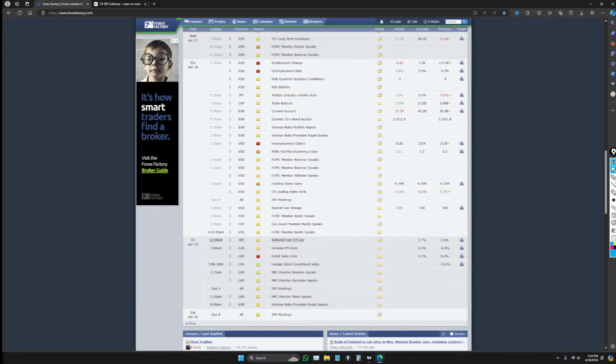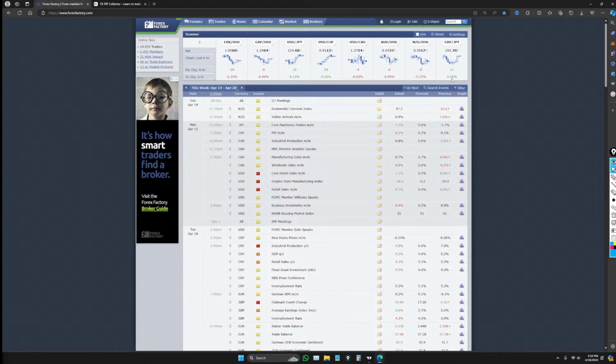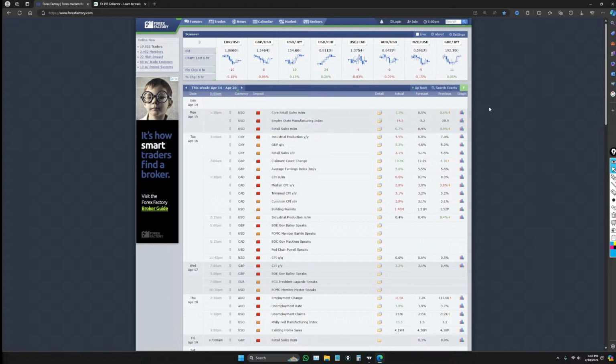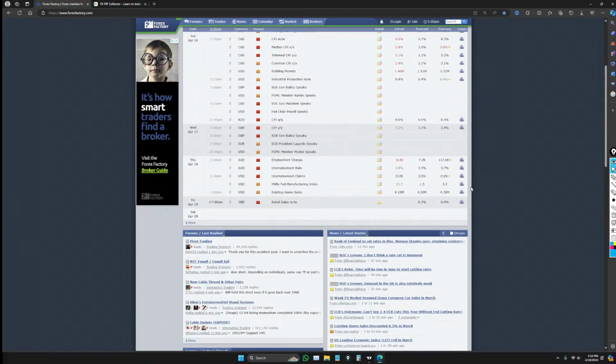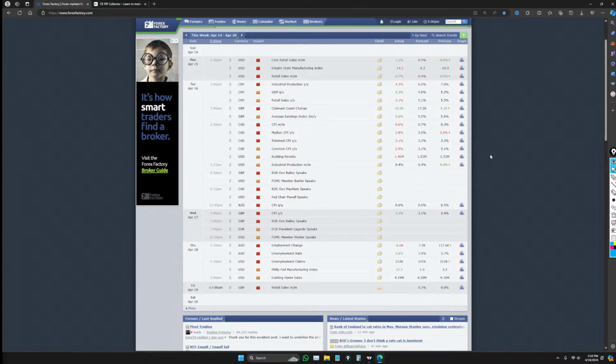I'm definitely going to be sleeping because I live in the same time zone as the UK, and that's going to be 12:30 at night for me. So that's going to be very, very late for me, especially because I get up at 6 o'clock. Because for me, it's way more important to be up at 6 a.m. to trade the London session than it is to stay up late and trade the Asian session, because the Asian session is definitely much, much slower than the London session for the most part, unless we have news.